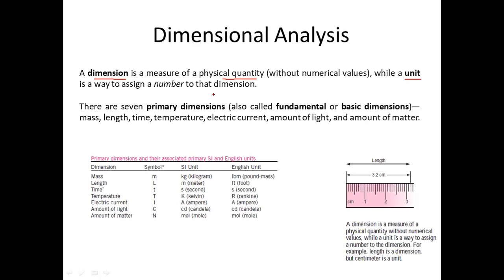If you measure the mass of a particular object, let's say the measurement came out to be 2. So 2 is the numerical value. But whether it is a kilogram, a ton, or a gram, that could be a unit. Let's say I say 2 kg, if you measure the mass of a particular object. So in this 2 kg, 2 is the dimension and kg is the unit.